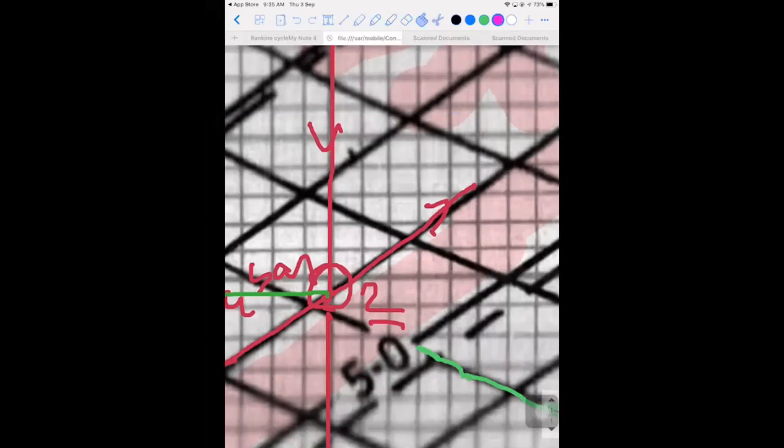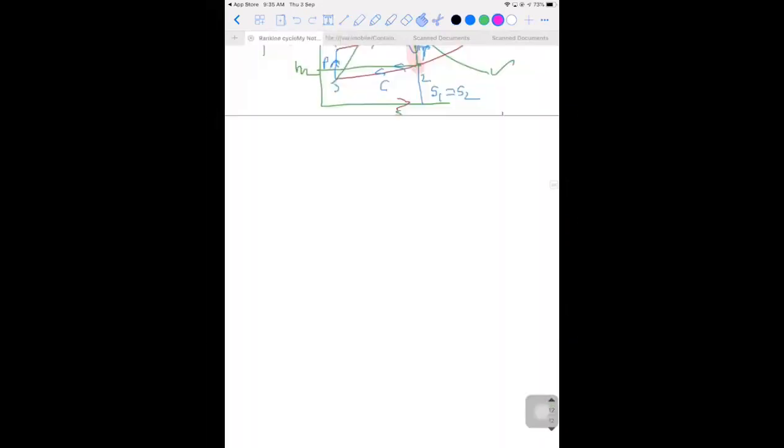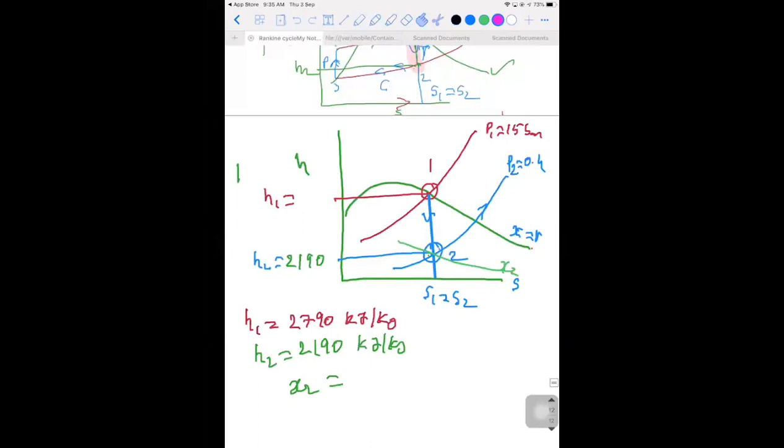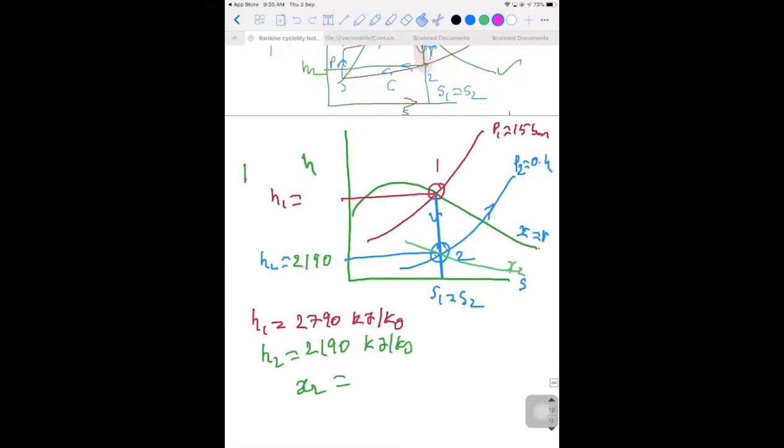So now we got it. It is a point x equal to 0.81. Okay, to have some idea in the beginning. Now the process is over, and what is the HF2? HF2, you have to get it from the steam table, sir. And what is the P2, sir? P2 is 0.4 bar. And now we'll go with our steam tables.